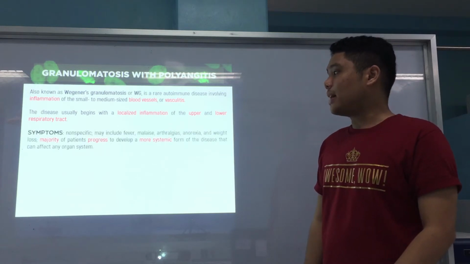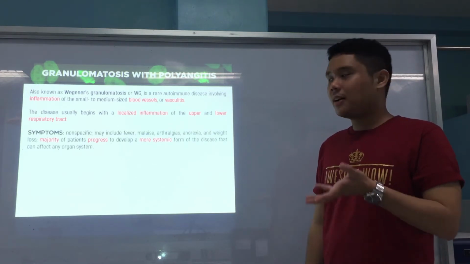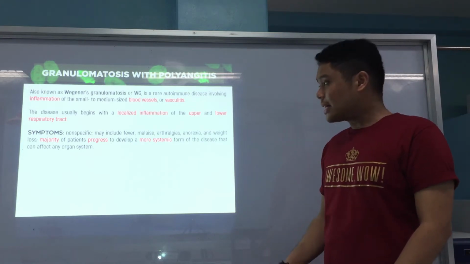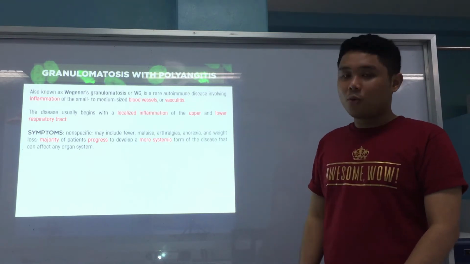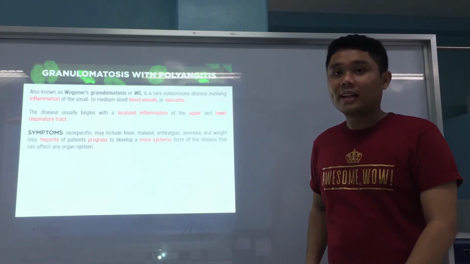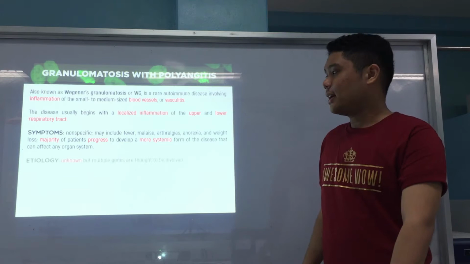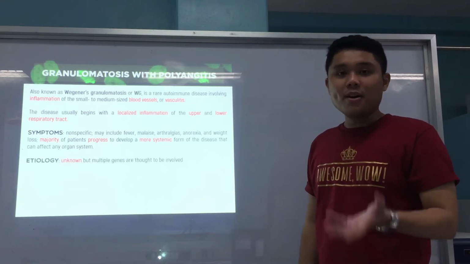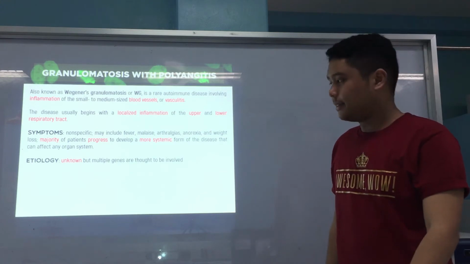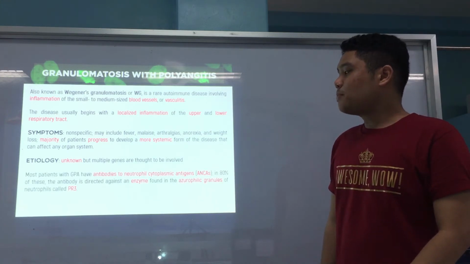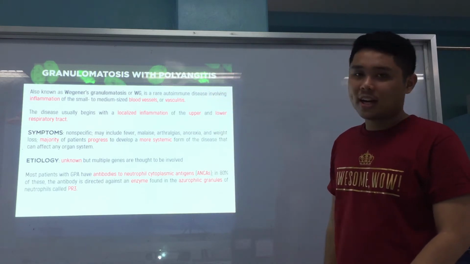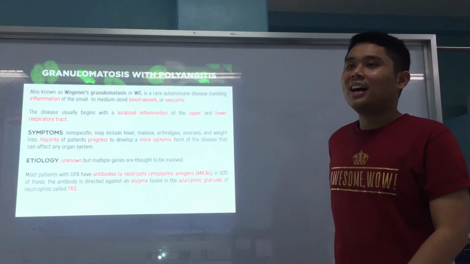Some symptoms may include, again, non-specific ones: fever, myalgia, malaise. The majority of the patients progress to develop a more systemic form of the disease that can affect any organ system. Etiology is still unknown, but multiple genes have been thought to be involved. And most patients with GPA, or granulomatosis with polyangiitis,